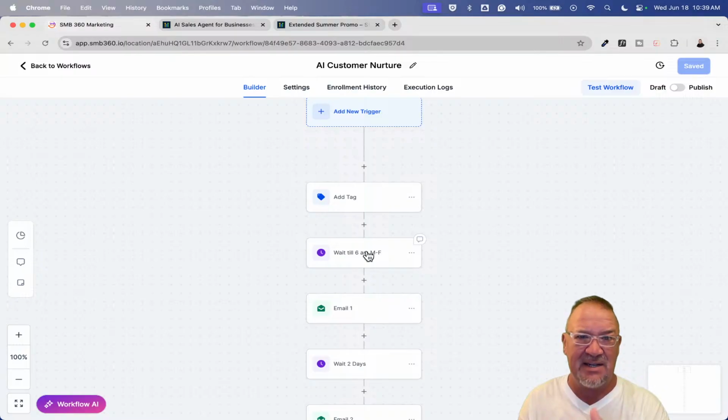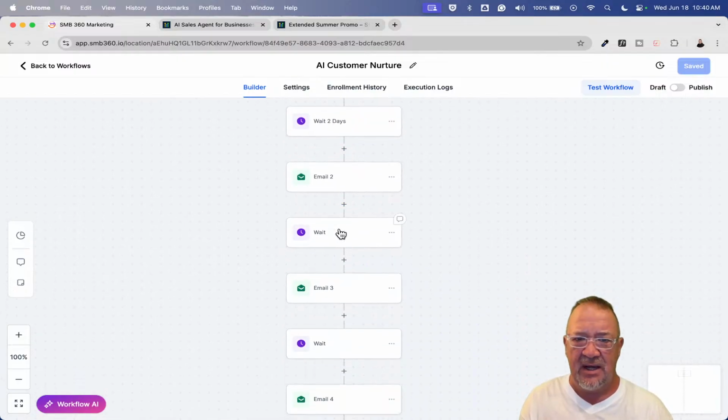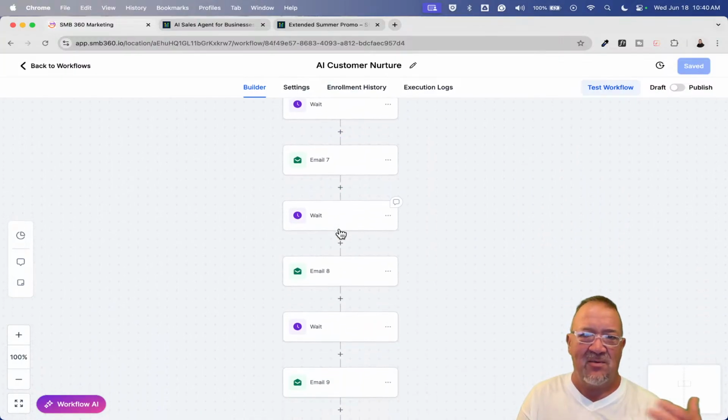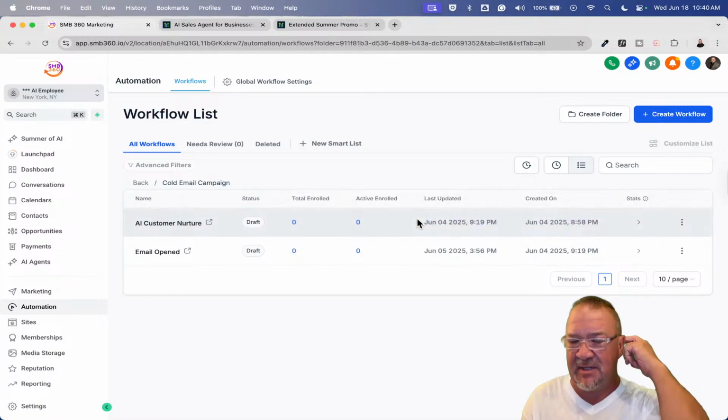It starts at a certain time, so if you want to, you can start it at 7 o'clock the next morning, so that they always get the emails at a certain time every day. And then here's email 1, wait 2 days, email 2, wait 2 days, things like that. So a 22 email sequence will take about a month and a half or so. And then here's just the big sequence. Rather than having to create it yourself, I just created it for you